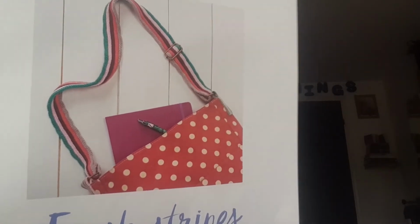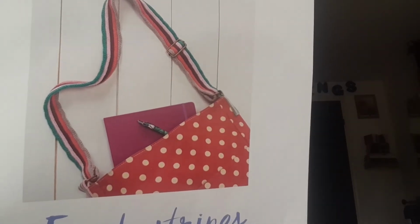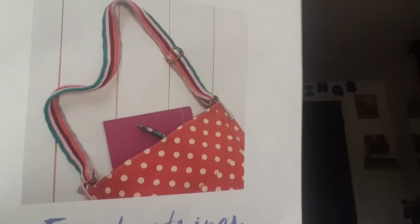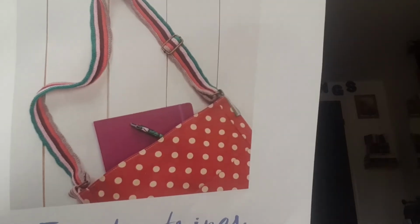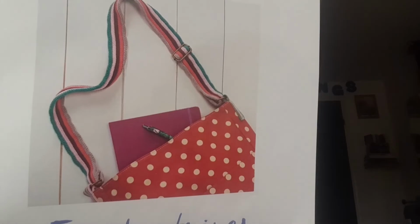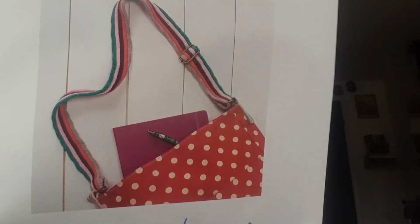is also required. Designer Becky Skews says, once you've discovered the wonderful world of I-cords, you'll be ready to use them in all kinds of projects. The strong and sturdy construction of I-cords makes them perfect for bag straps like this one. This stripy design is nice and cheerful for spring and works with all sorts of bags. So there's that. Crocheting essentials, all the basic stitches, abbreviations, checking tension,